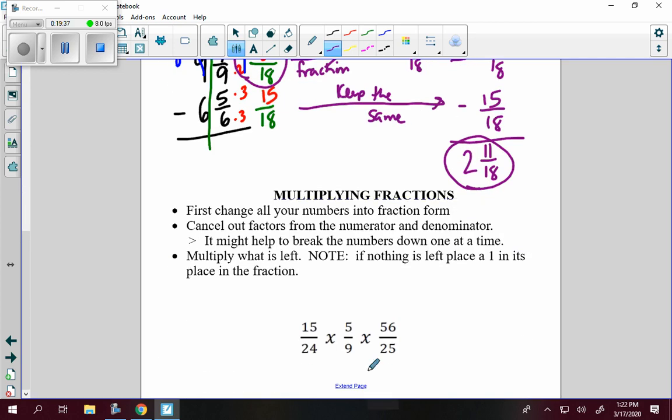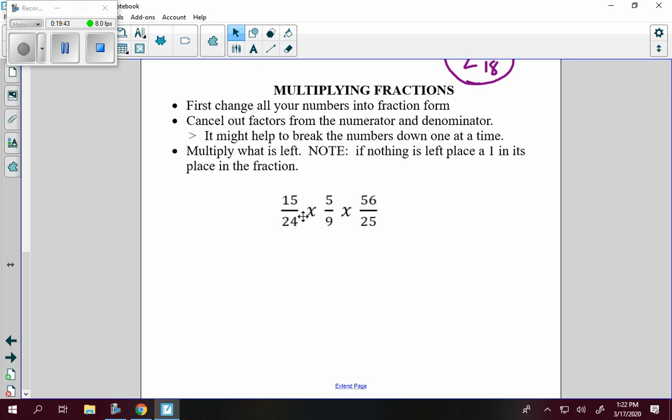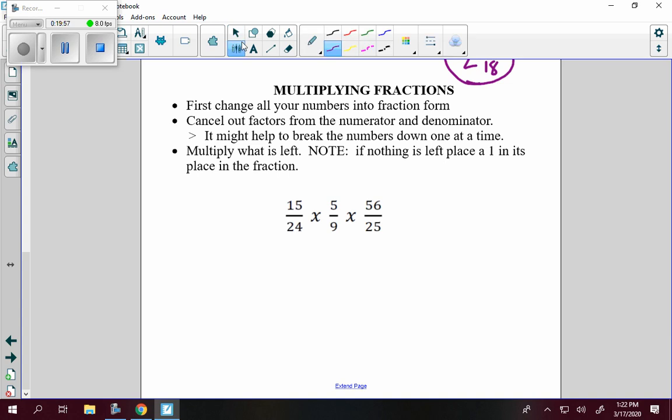Okay, let's multiply fractions. When you multiply fractions, first you're going to change all your numbers into fraction form. So if you have mixed numbers, they should be improper fractions. And then cancel out factors from the numerator and the denominator. And it might help to break the numbers down one at a time. So you can do this however you learned how to do it. Or if you get big numbers such as this, you could also go, all right, well,